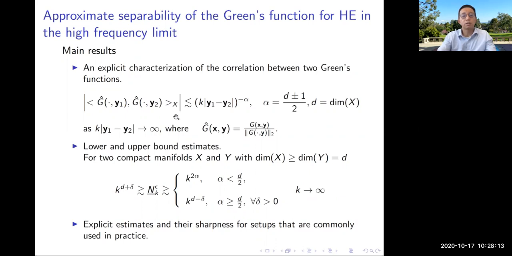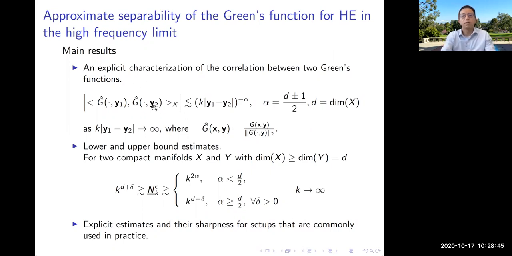The main result is trying to say, as I said, one way to see whether you are rich or not is seeing whether the Green's function at two nearby locations are highly correlated. If I know a Green's function one wavelength from me, or 5 meters from me, I can know my Green's function pretty well, or I need to know the Green's function 10 centimeters from me in order to know what my Green's function is. Okay, so this is decorrelation with the distance.